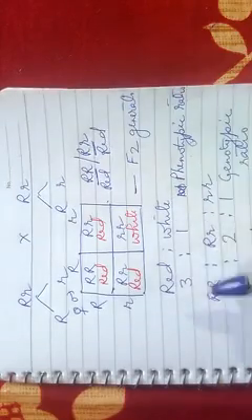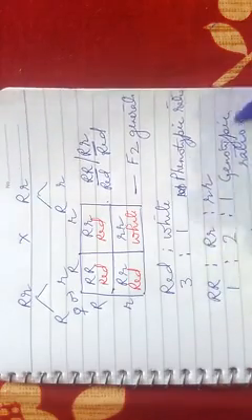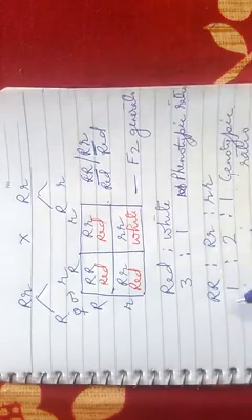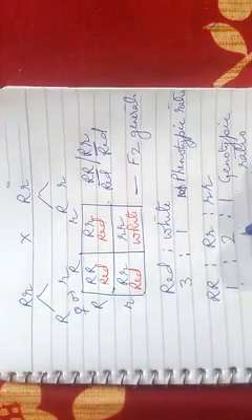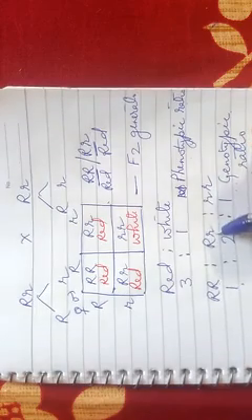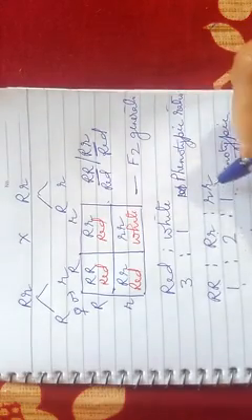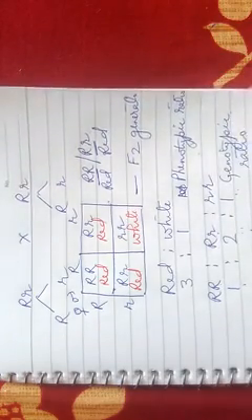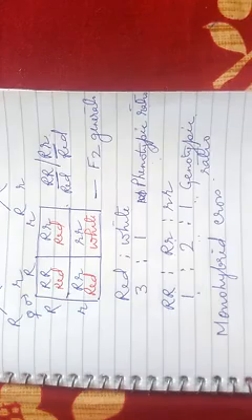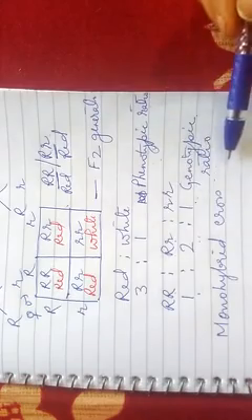Okay. So when we find the genotypic ratio, then what do we see? This genotypic ratio is 1:2:1. That means 25% of the dominant parent are homozygous for the trait, 50% of the dominant parent are heterozygous for the trait, and the remaining 25% are recessive homozygous. Right? So this 1:2:1 is the genotypic ratio, and such a cross is called a monohybrid cross because here the inheritance of only one character is studied at a time.